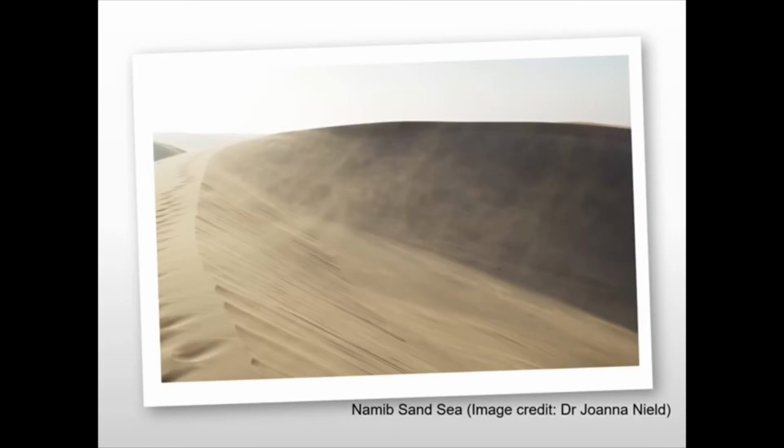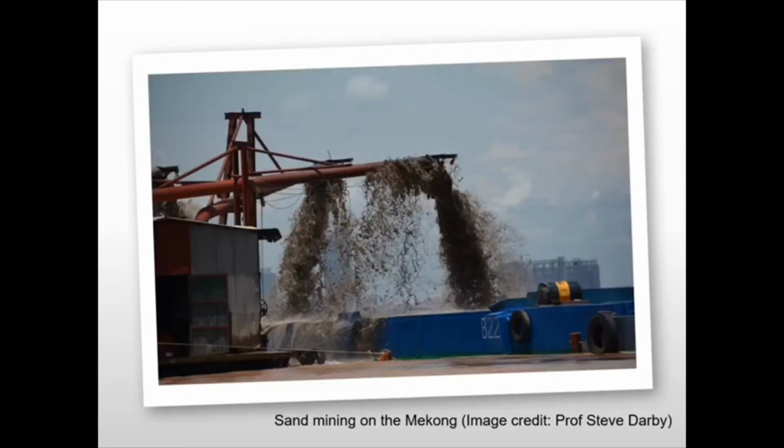There are places on Earth, like the world's deserts, where sand is abundant, but the tiny, wind-blown grains that are deposited there are too small. It's the larger grains deposited in the world's rivers and on beaches that are needed to make the strong concrete that is the fabric of our infrastructure. Unfortunately, there's much less of this resource available, but the rapid removal of sand from the world's rivers is now causing very significant environmental impact.